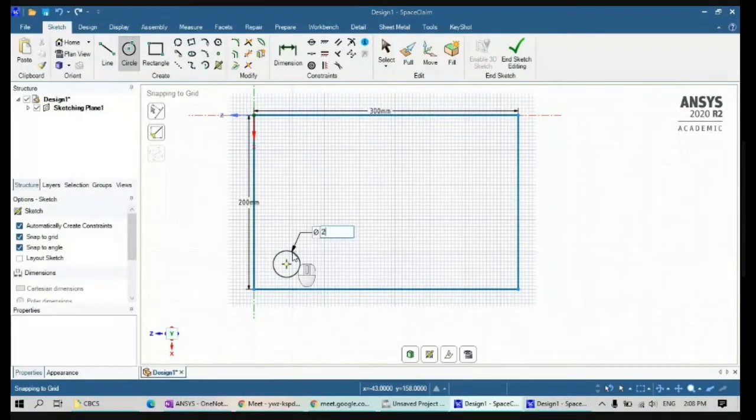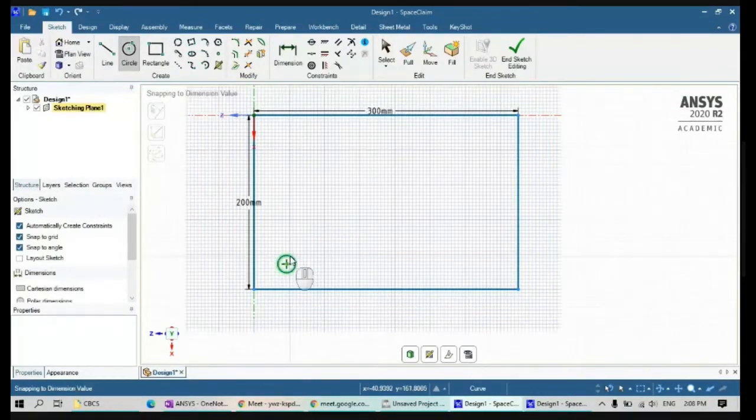I'll directly type it, 20. I can enter it. Similarly, I will draw another here, similar to this. Now we can see it is fixing with respect to that particular circle. It is parametric, it is aligning accordingly. So let me stop this. Right? So this is 20.